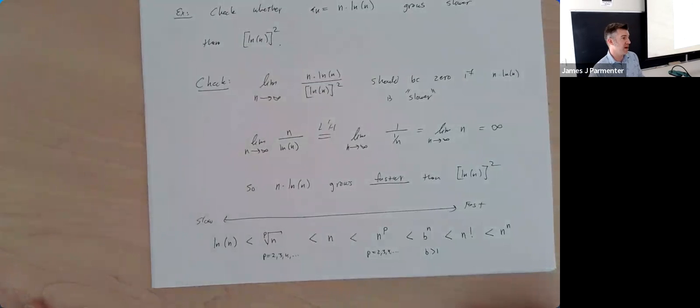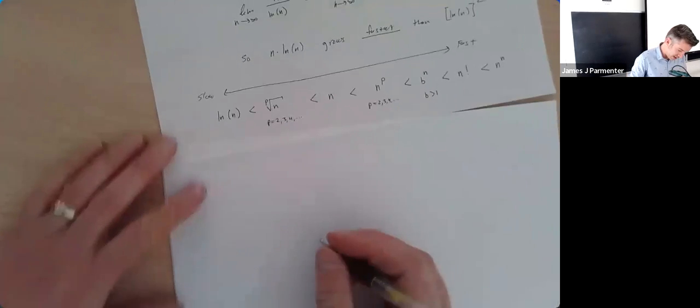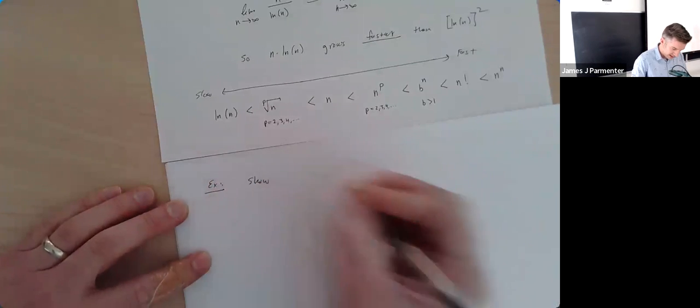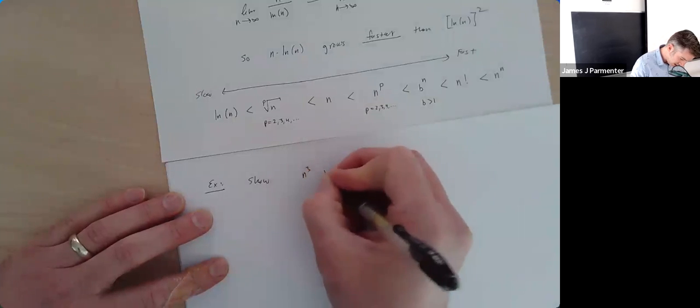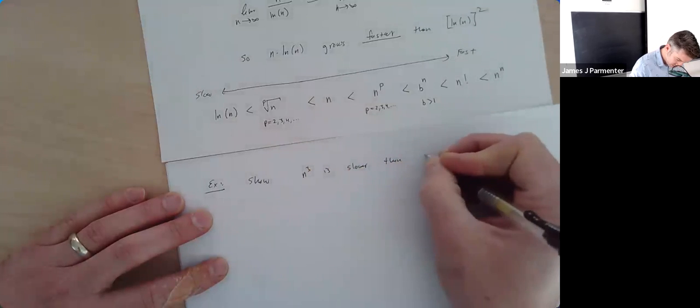Well, by taking the limit either way. I usually like to do the slower one over the bigger one or the faster one because I like my limit to end up being 0, not to end up being infinity. But you could do either way. So if I wanted to actually show one of these, let's pick a fun one. N cubed is slower than, say, 2 to the n